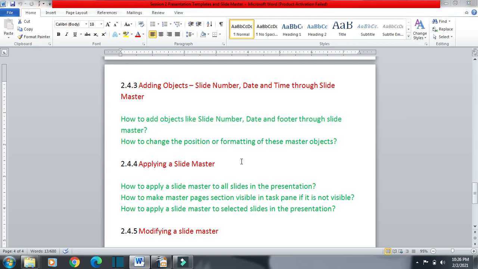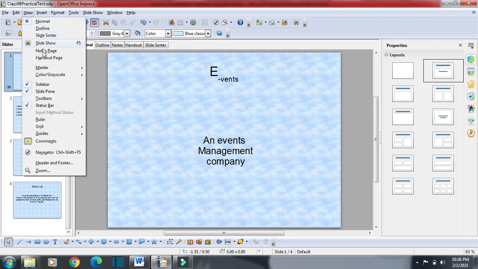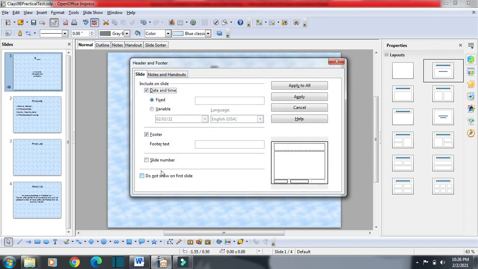So we will come here, and here we will go to view, and then we will go to header and footer. Okay, here you can see slide number is not selected. That is why I gave slide number option, but it was not visible because this was not selected.